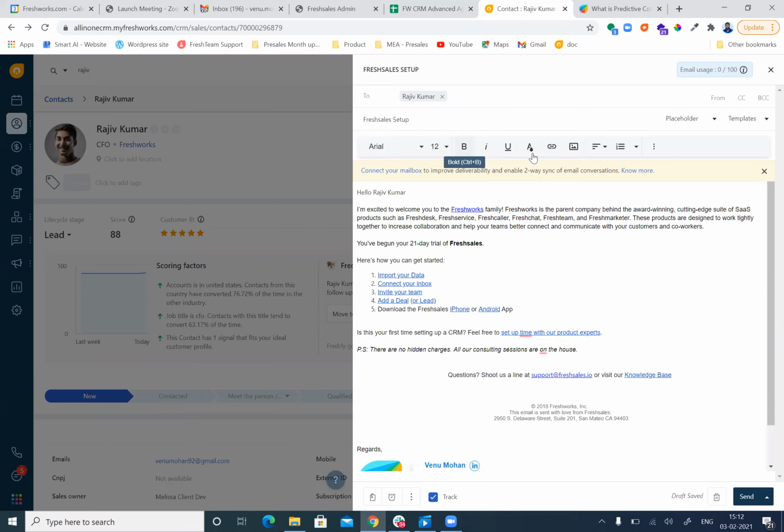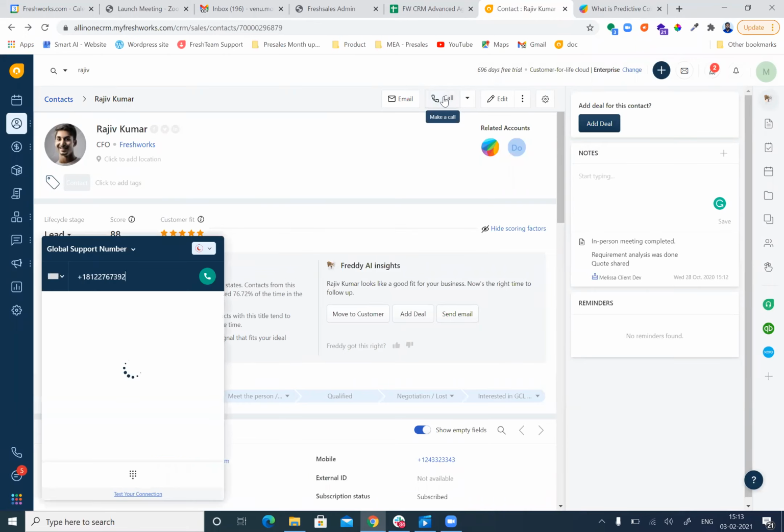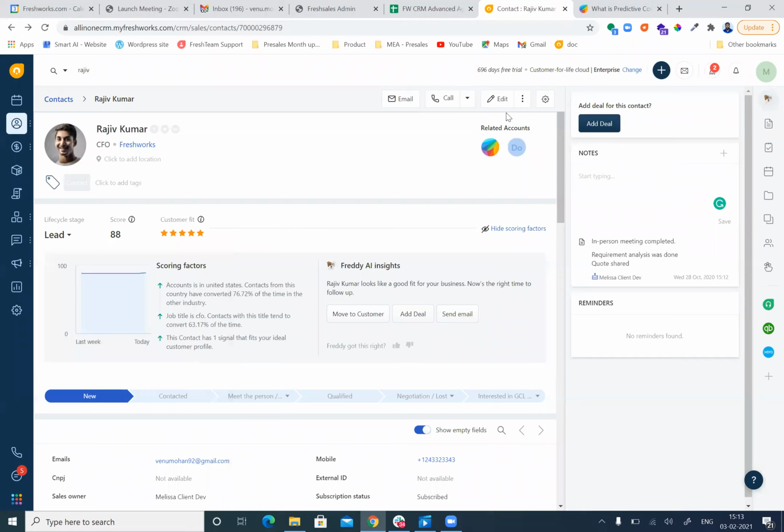You can also have an embedded link, you can have images, and you can change the format, the font format as well as the size. All the Word editing formats you can use extensively for writing an email to the customer. Next to that, you will also have the call option. Once you click on the call button, the call will immediately get routed to the customer, so you are able to make an outgoing call to the customer directly from here itself.